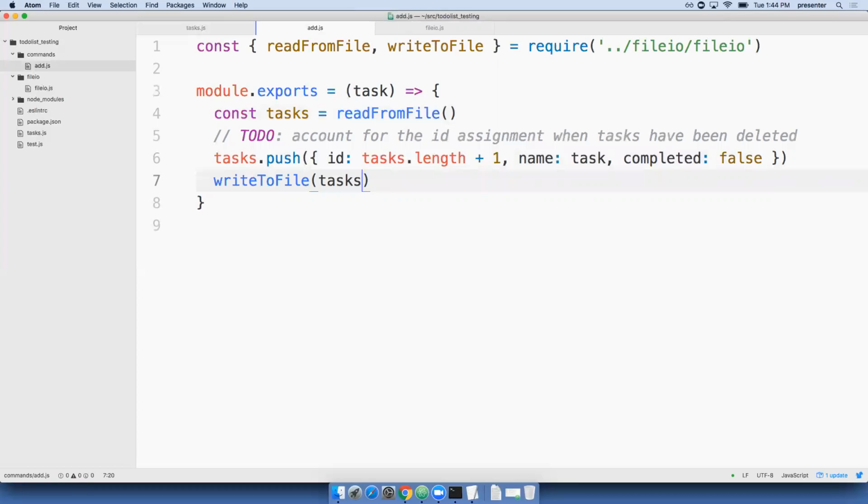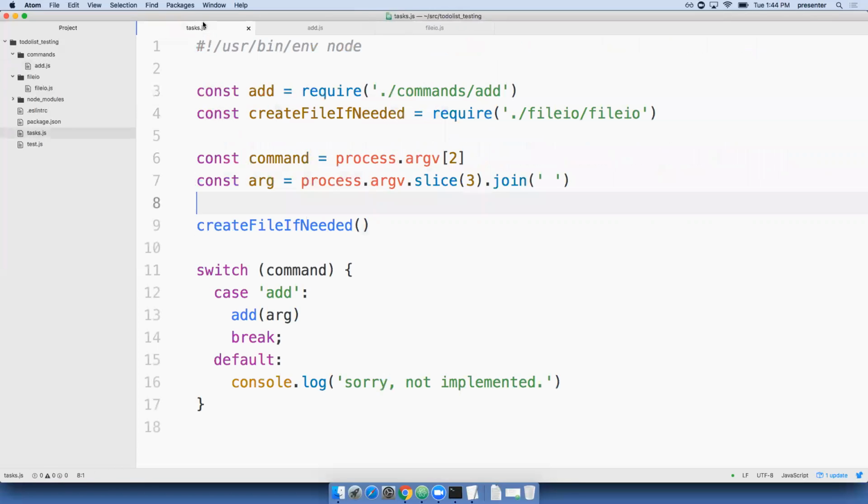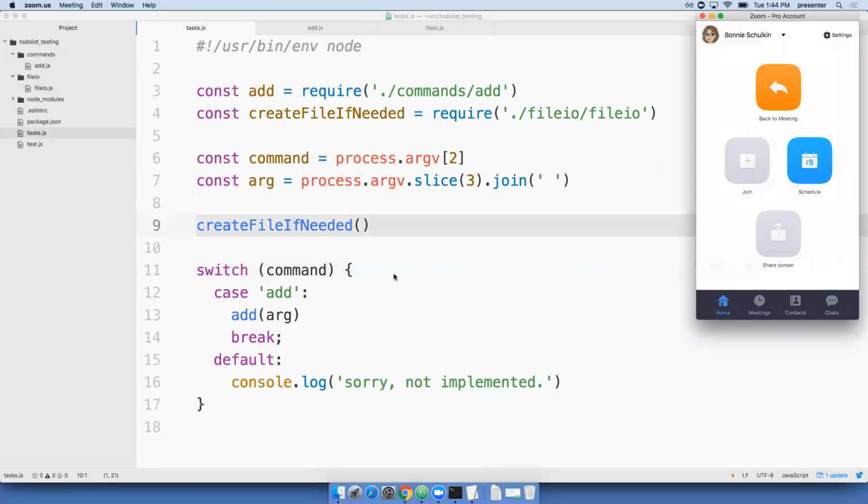Okay, cool. Let's just see whether this works before we start testing, even though theoretically we should. What I really want to test is this add function, which I didn't name here, but it'll get named when I import it in my test file. And I just want to make sure right now that things outside of the add function are working smoothly, mostly all of this file IO stuff. So let's